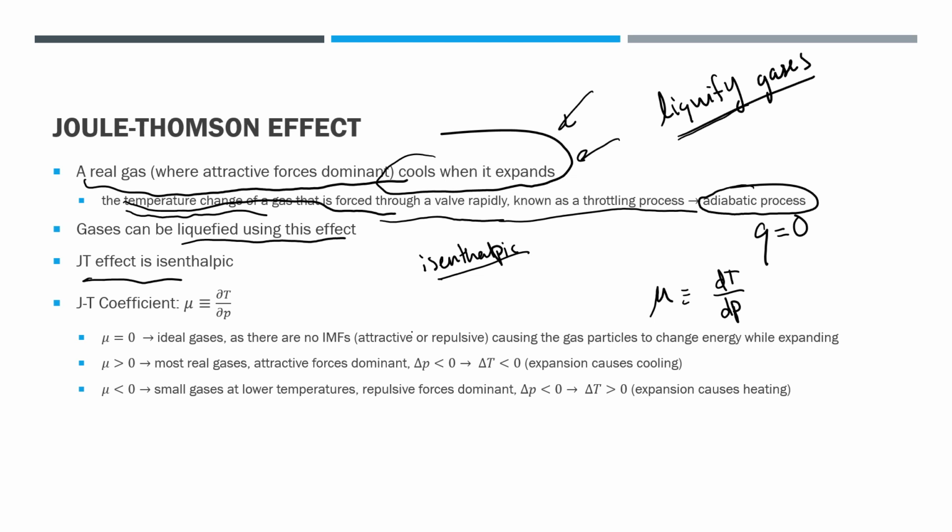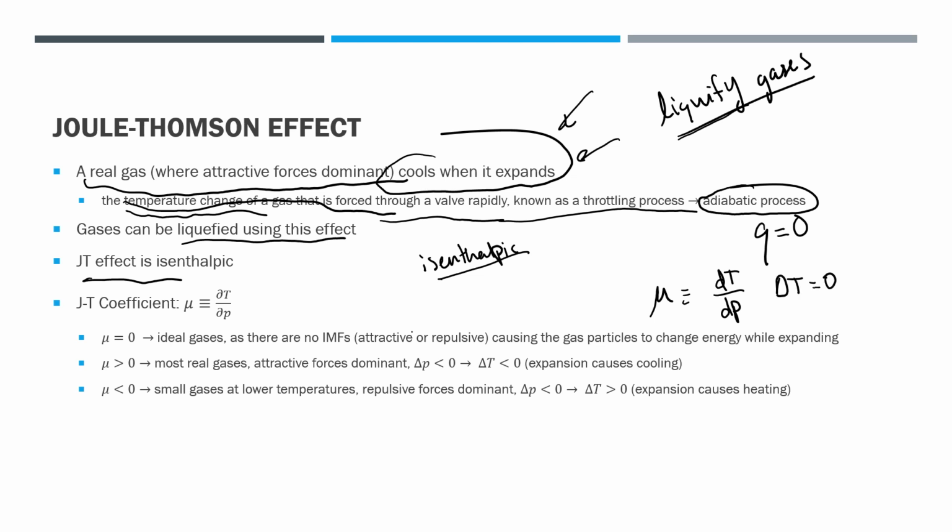Okay, so let's look first at the ideal gas. We're going to look at the simplest case, the ideal gas. With an ideal gas, mu is equal to 0. So why is mu equal to 0? There are no intermolecular forces, right? There are no attractive or repulsive forces. So when we expand, the particles aren't actually losing any energy, right? Because I'm expanding, but I'm not pushing against any attractive force or being helped by any repulsive force. I'm basically just moving, right? And there are no forces against or with me. So there's no work done. I'm not losing any energy. I'm not gaining any energy, right? So the energy stays the same before and after,